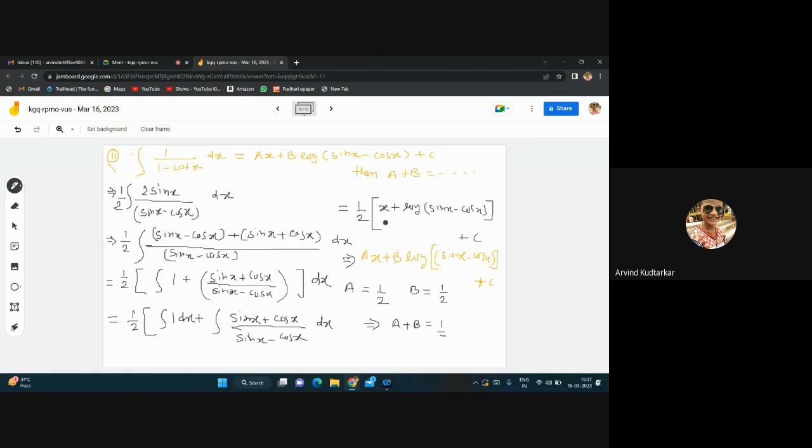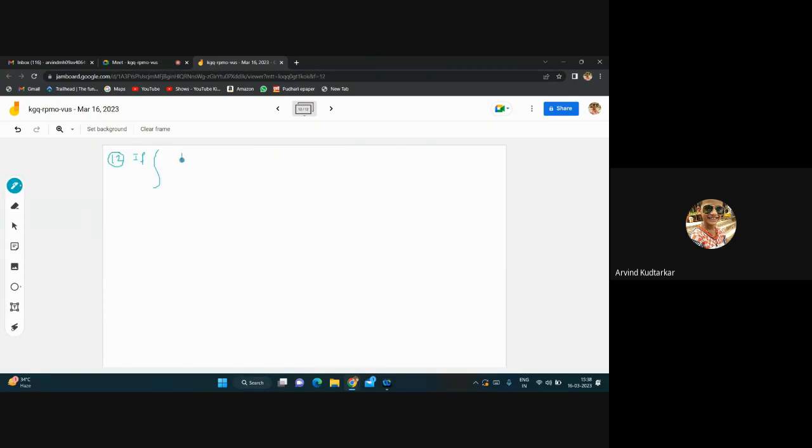If integration of 1 upon x square minus 1 into log of x minus 1 upon x plus 1 into dx is equal to a times log of x minus 1 upon x plus 1, bracket square, plus c, then find the value of a, which is the coefficient of the logarithmic term. Okay,